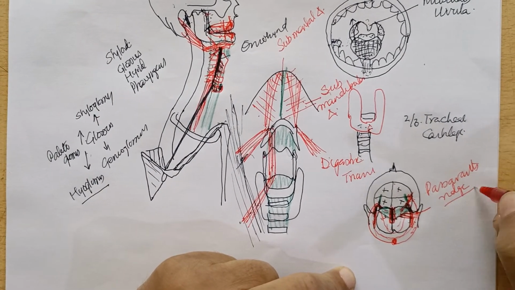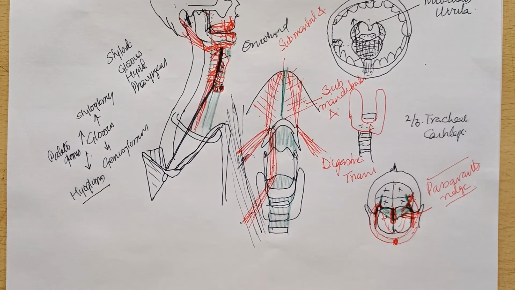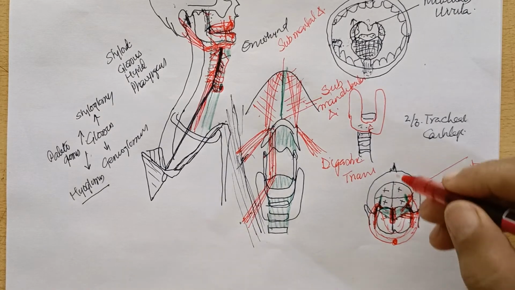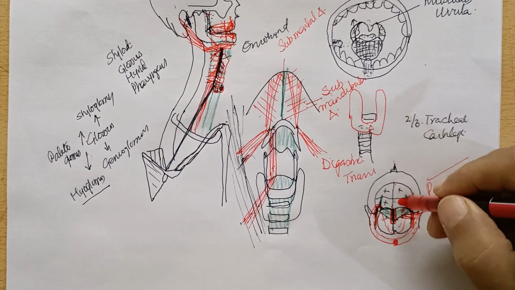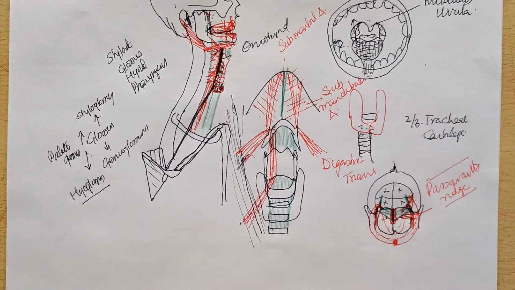So this would close the nasopharynx, and the food would not be able to regurgitate through the nose. So this is an extremely important anatomy, because you do have cleft lip and cleft palate, and the problem with them is regurgitation of the food through the nose when you are deglutating.